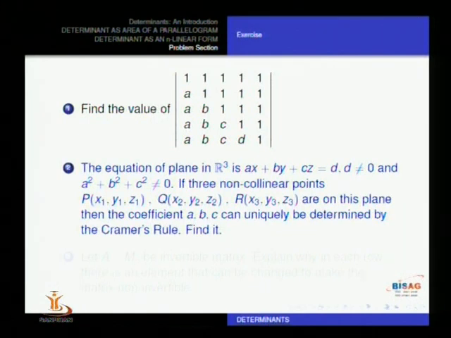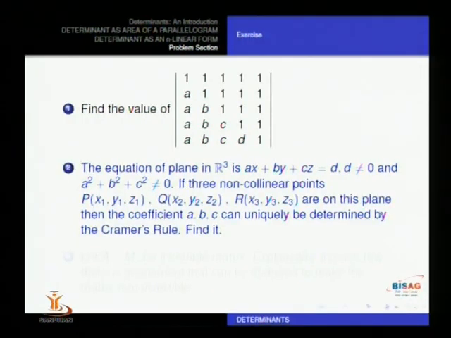If we talk about a plane not passing through origin, then in that case the equation will be ax plus by plus cz equal to d, as you can see on the screen, with d not equal to 0. And obviously when we mean this is a plane, a square plus b square plus c square is non-zero, we know that, and we don't bother about that right now. Now let us take some 3 points. Suppose this is a plane given to us and we don't know the equation of this plane. That means we do not know the coefficients a, b and c. We do not know the values of a, b and c.